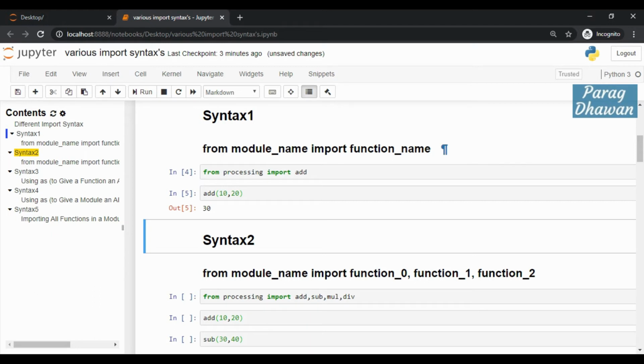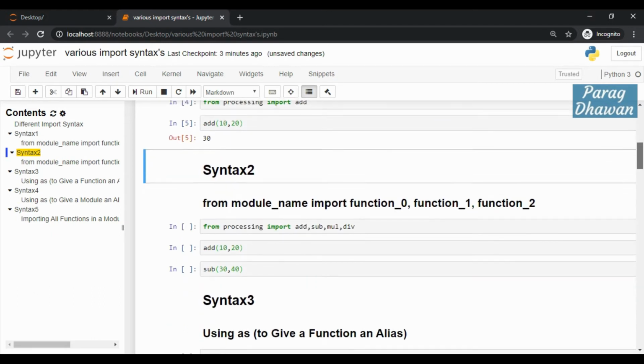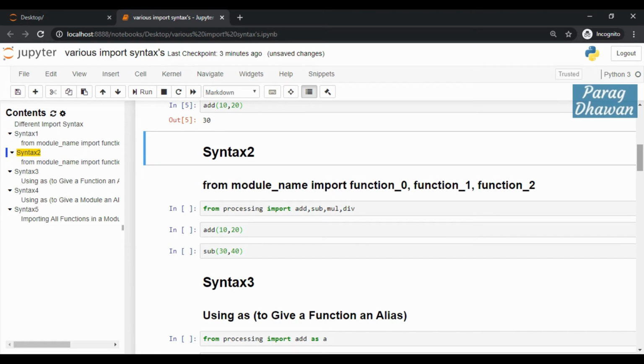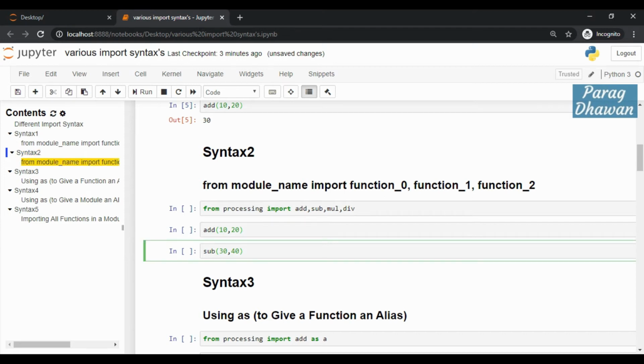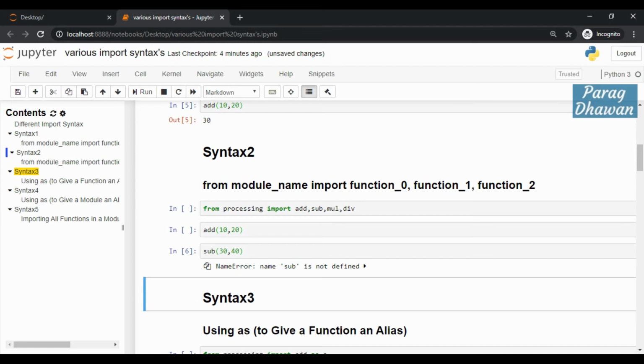We move to syntax number 2, wherein from a module we are importing specific functions. For example, in this case we have the add function which was imported previously, but the subtract function is not imported. If you run it, it will give you an error. So if you want to import specific functions from your module, you can append them to the import statement by separating them with a comma.